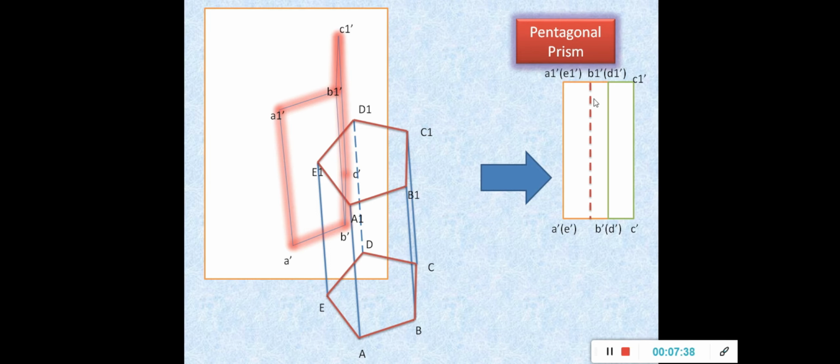This is the centroid or the center of a pentagonal prism, the axis. I've shown this as an axis here, right? This becomes the axis here, but you need to represent this. How to find the center of this pentagon, we'll see in the later slides. This is how we obtain the top view. When I see from the top, A1, B1, C1, D1, E1 are visible, whereas A, B, C, D, E are invisible. So all the A, B, C, D, E are represented in brackets, and everything else without brackets. This is how you obtain the front and top view. I hope it is clear.